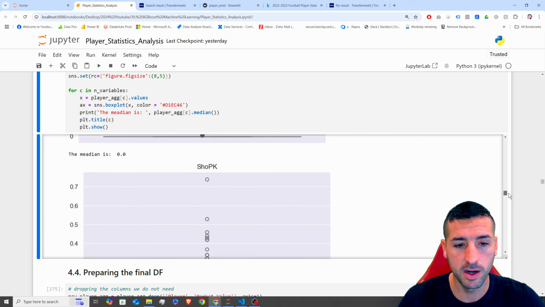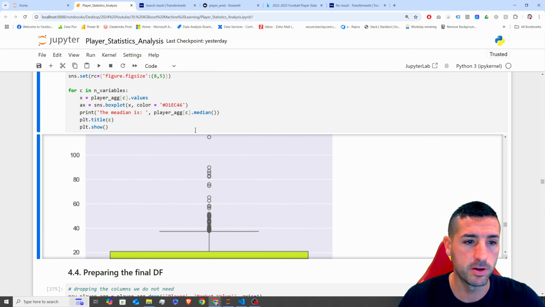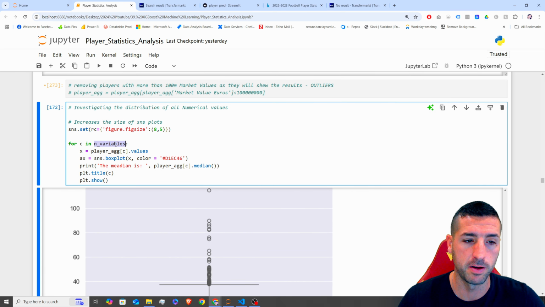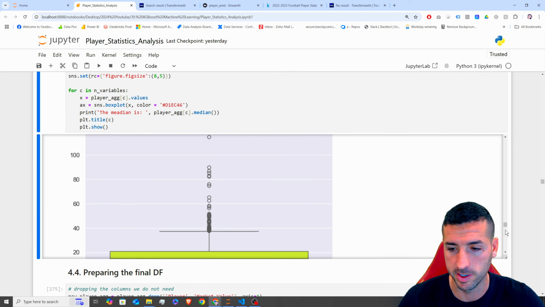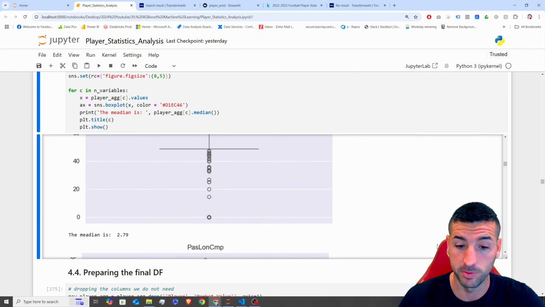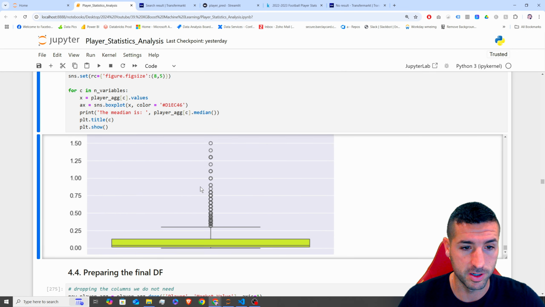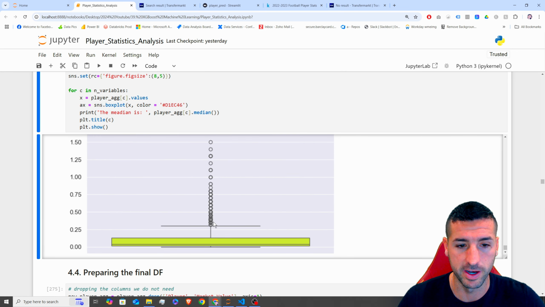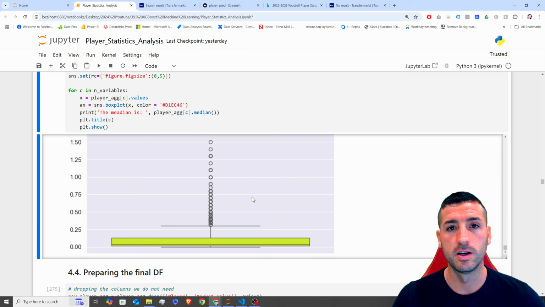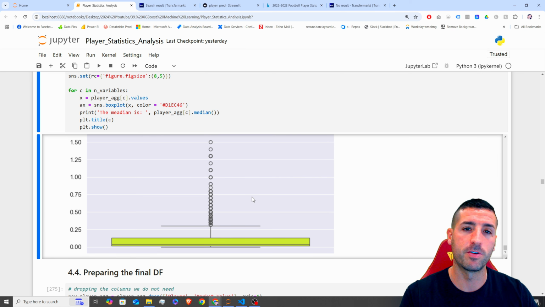So I'm doing exactly the same thing as I did before. I'm looping through every numeric variable, and I'm creating this box plot. And this is also going to tell me the same thing, that I do have a few outliers that I could address if I want to. As you can see, especially market value, it has a lot of outliers. However, we're going to leave them in for now and then come back and remove them and see if we